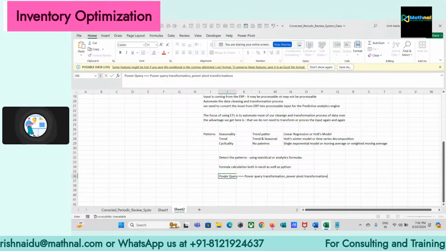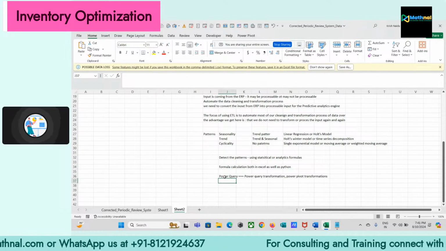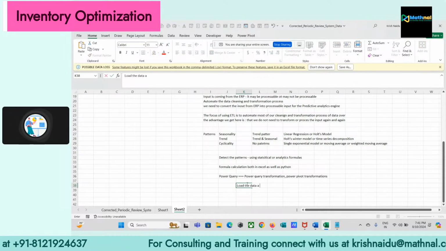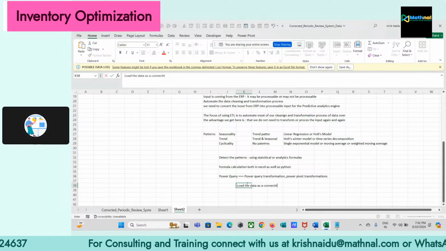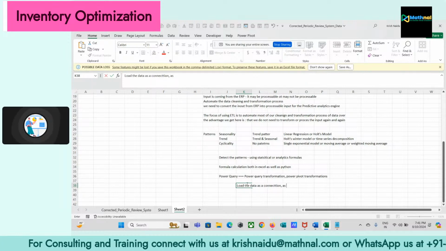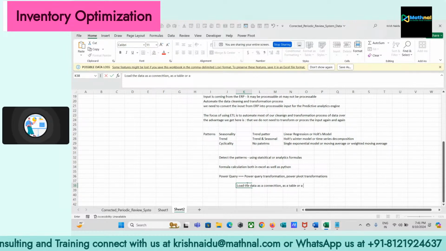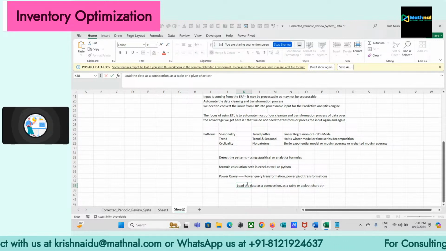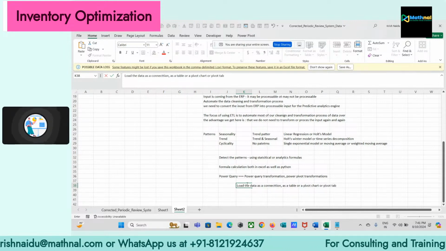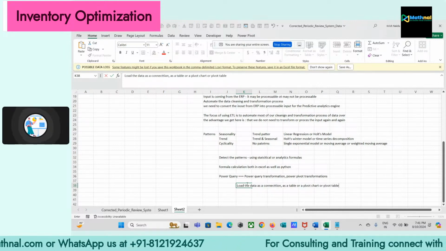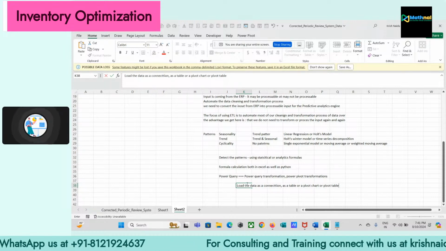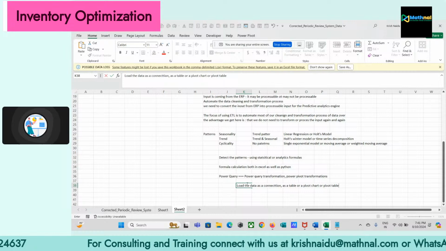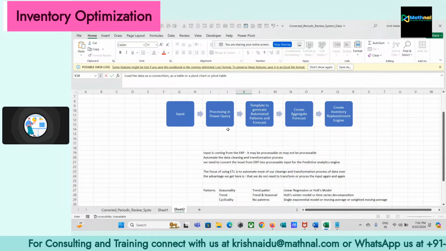If you're working with a big data set, there are various techniques in Power Query, like if you want to load the data as a connection, or as a table, or as a pivot chart, or as a pivot table. The way you load the data also plays a major role in speeding up the entire process of computing. So Power Query is a very essential tool